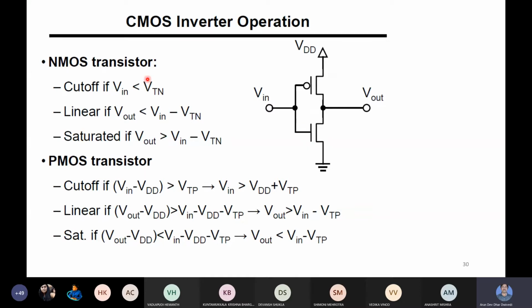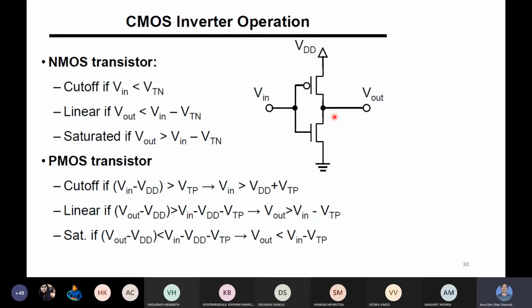When the NMOS transistor will be on, and when the PMOS transistor will be on and off. So cutoff or saturation, all the conditions should be clear. As per theory, for the cutoff condition of the NMOS transistor, V input should be less than the threshold voltage of NMOS. The input voltage is directly connected to the gate of this transistor, so whatever input voltage you are giving, if it is less than the threshold voltage, then it will be off, in the cutoff region.